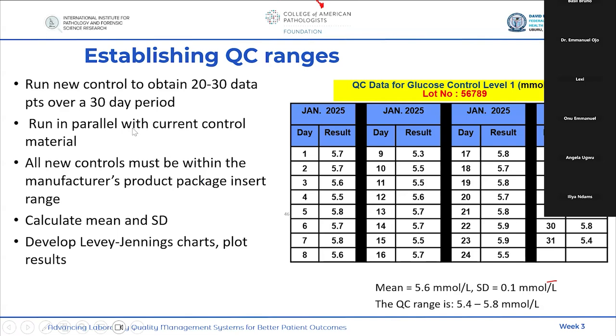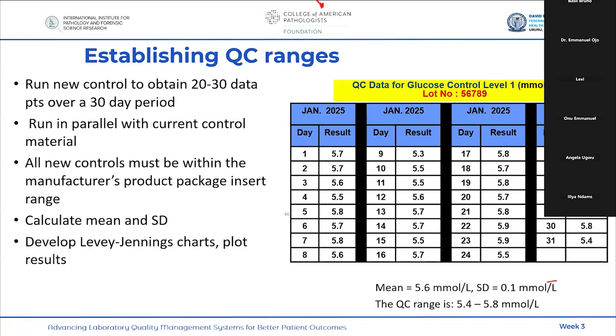And on this slide, I said that you run new control to obtain 20 to 30 data points over a 30-day period. So in actual, how this is implemented is that when you know that your QC is going to run out maybe in the next 1 month,